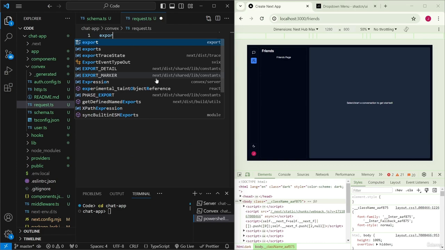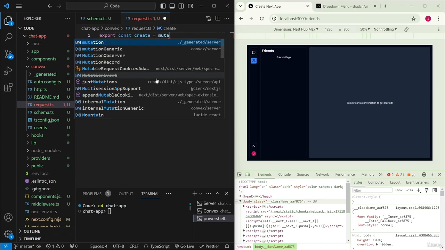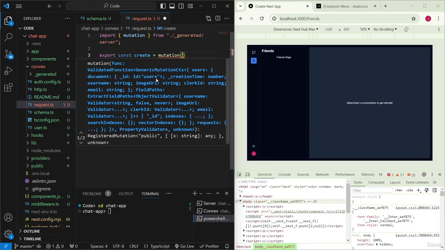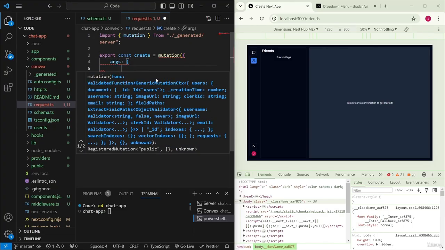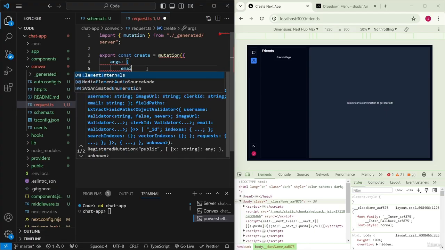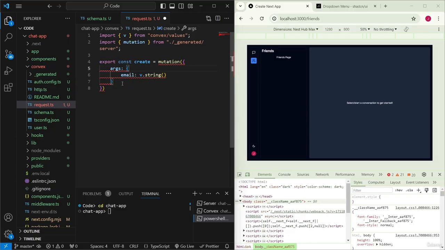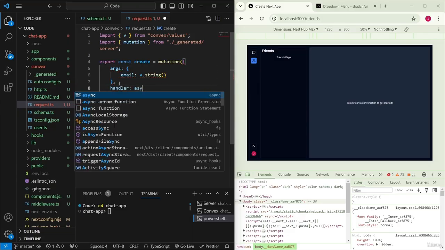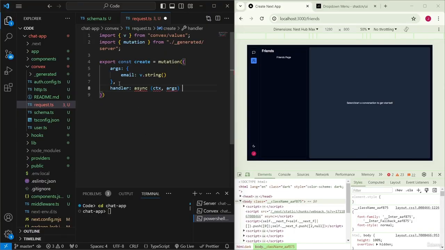And then what we'll do is we'll say export const create, which will be the function the front end will call. And we'll create a mutation, which we will fetch from convex. The first field will be args, which is the arguments passed to it by the front end. And we will take in the email, and that will be of type v.string, which we import from convex. And then the next field inside this dictionary is the handler. So that will be an async function, which will take in the context and the args that we have, and we'll